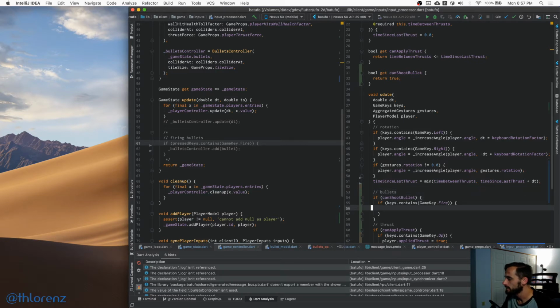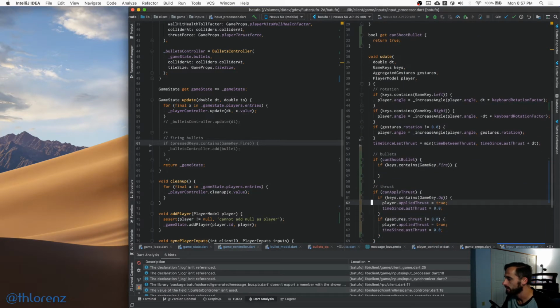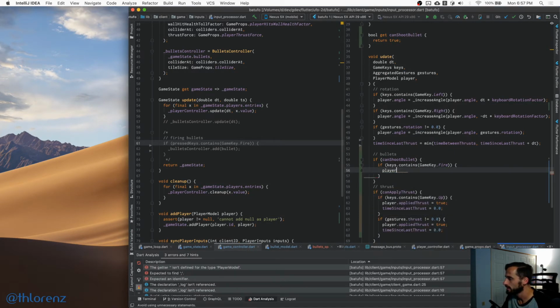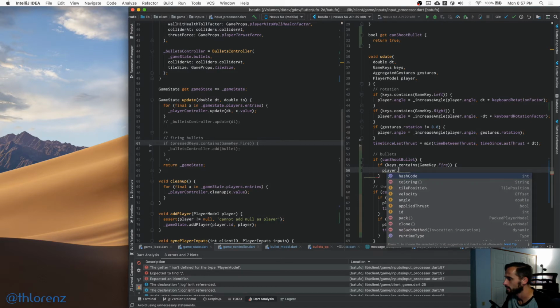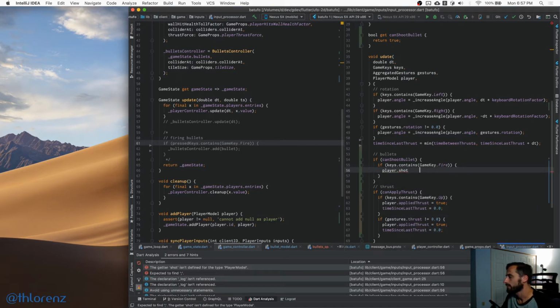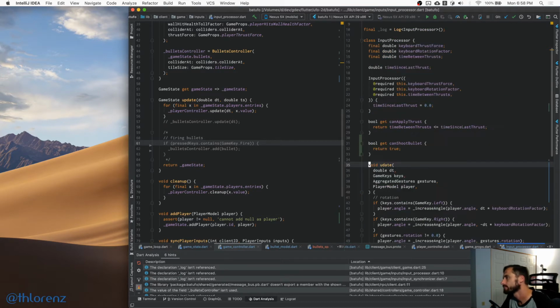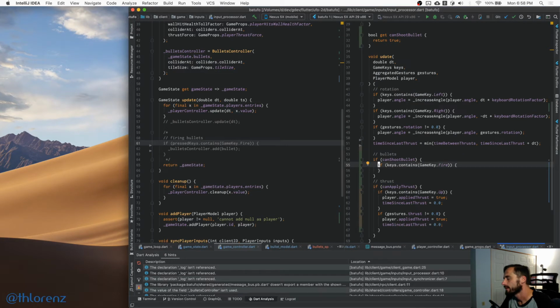So if this contains fire, then we must say that player dot shot bullet, we need to set that to true. Actually, we don't. Actually, maybe we do. I don't know. It's almost like these are events. I already don't like this. Like we had this last time where